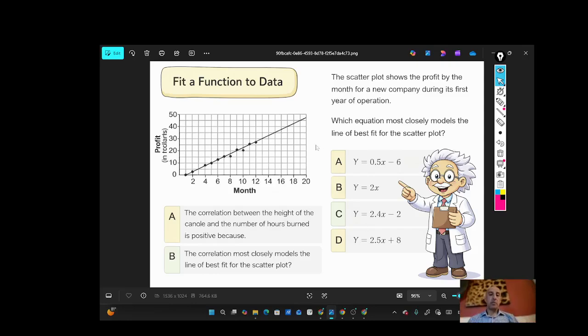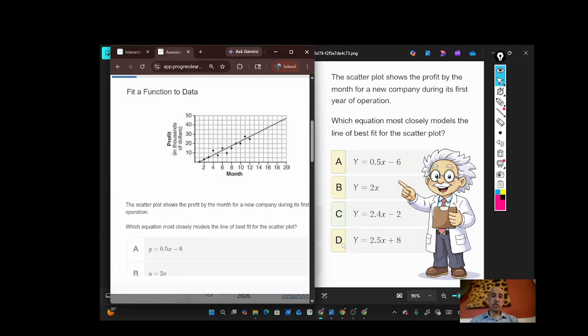Hello everyone. For this question, we have a scatter plot with a best fit line that shows the correlation between the month and the profit. The question is to find the best equation that fits this graph. Is it A, B, C, or D? And to solve this question, let us follow